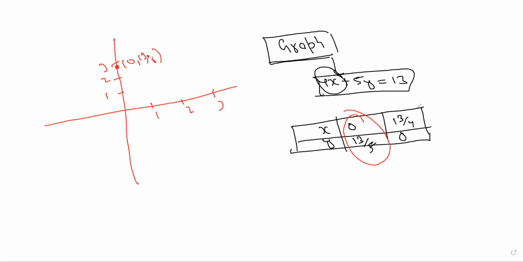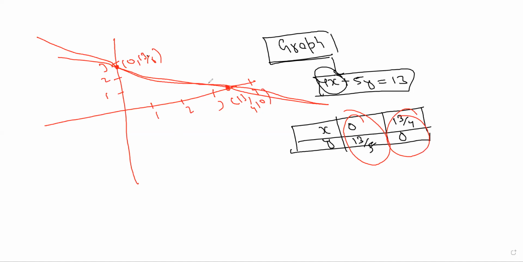Now the next one is 13 by 4, comma 0. That would be around 3 point something, so it would be somewhere around here: 13 by 4, comma 0. Now let's draw the line. One thing you would notice, if I'm substituting these 2 points out,